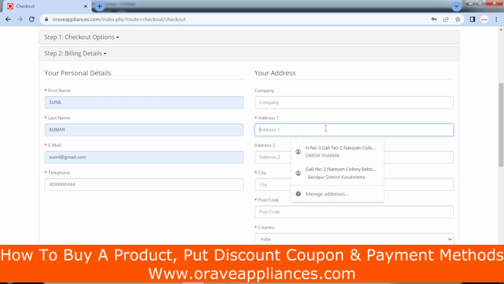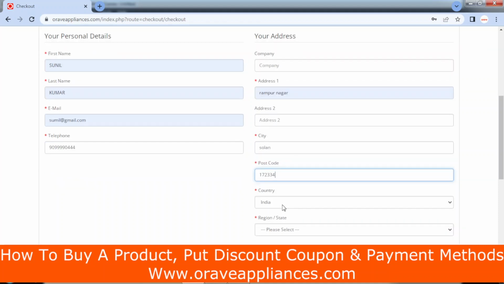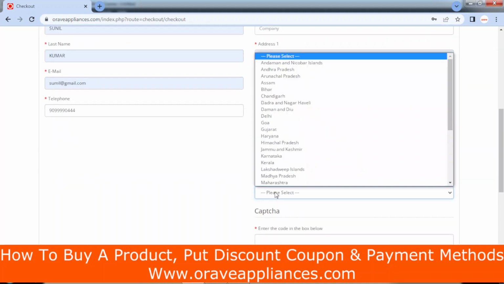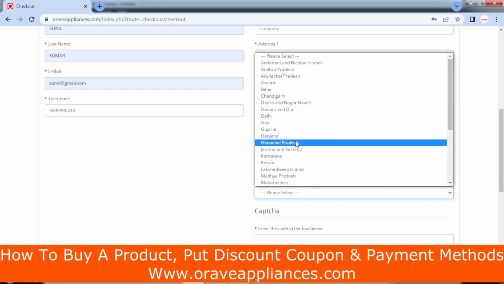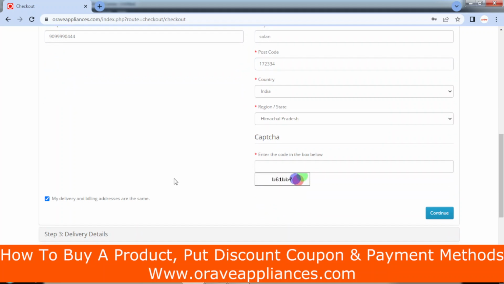Then the address details like Rampur Nagar, city is Solan, postal code is 444, country is India, region is, suppose you are residing in Himachal Pradesh and you have to get your product delivered to this address location.